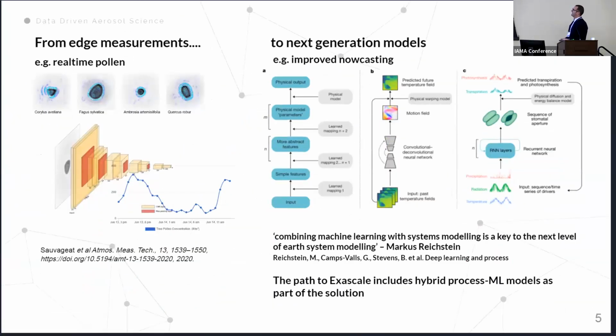And I think I don't need to labor on this point. We've seen, again, some great examples this morning. We're seeing some really fascinating data-driven developments in aerosol science. I always like to use the one on the left-hand side, an example we were kind of involved with, a company called SwissEns that built a holographic instrument that can turn those holographic images into distinct pollen types. And then we helped to generate the first real-time data stream. That was a nice end-to-end example of going from a new technology to an actual usable outcome.